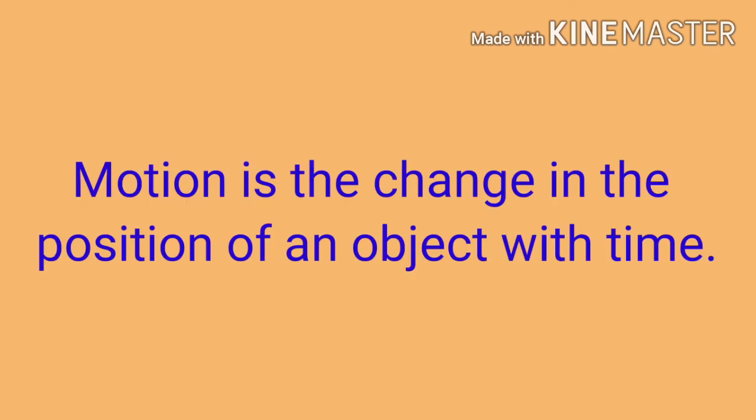That is the movement of the ant from one position to another in an interval of a few seconds. In a few seconds it has moved from one position to another. This is motion. So motion is a change in the position of an object with time. Is it clear? Motion is a change in the position of an object with time, like the example of the car, whose position changes.